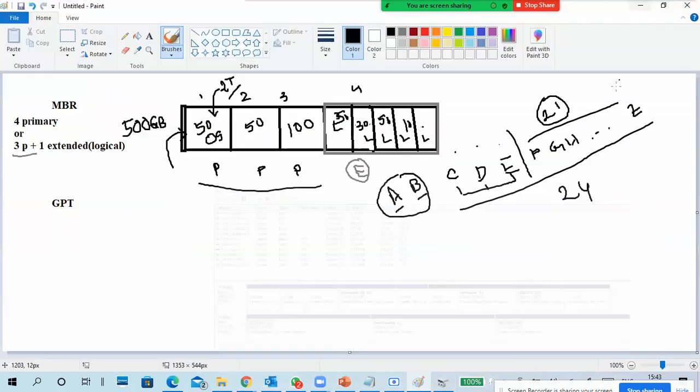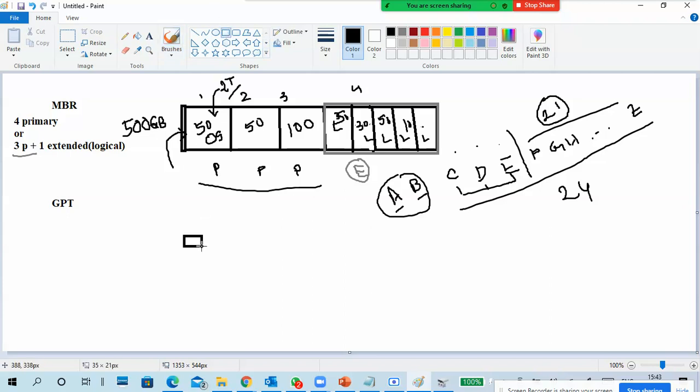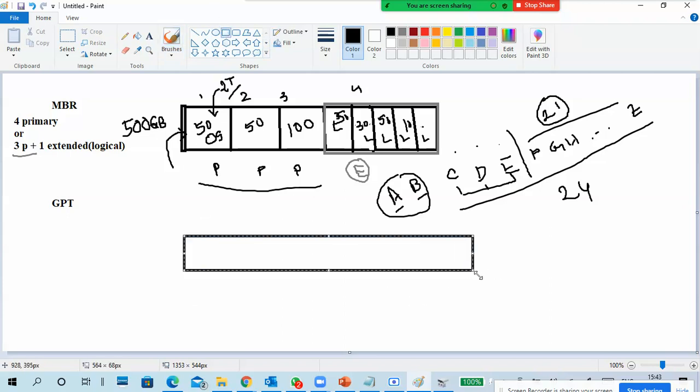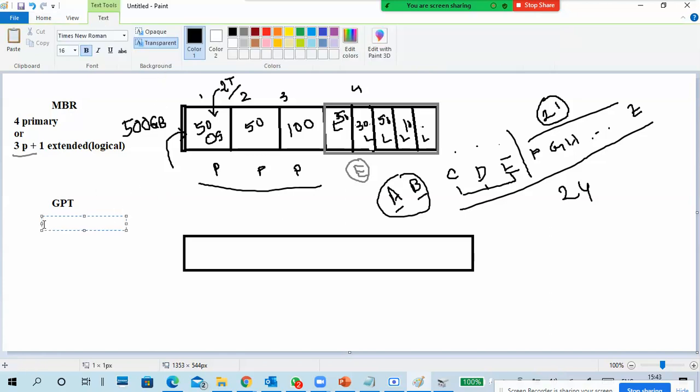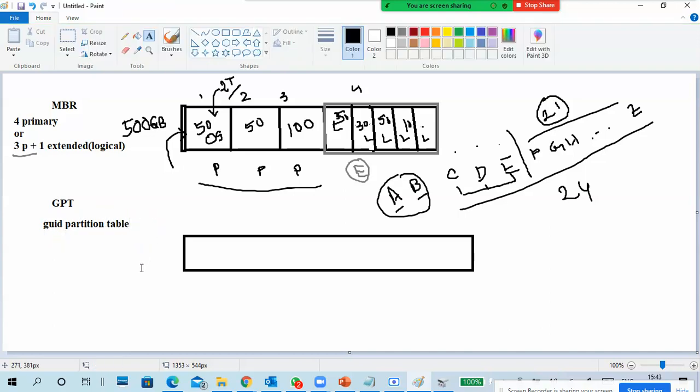So I just minimize. Then I will tell about GPT. GPT is a very simple one. Same thing as MBR. Master boot record is MBR. GPT is GUID partition table.